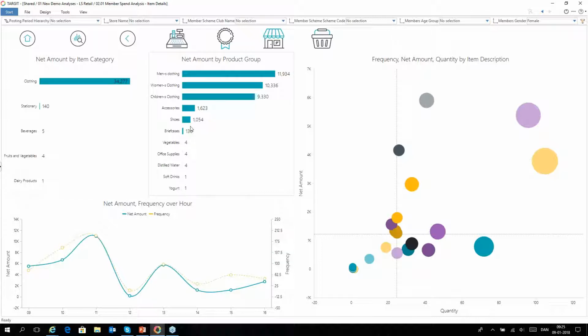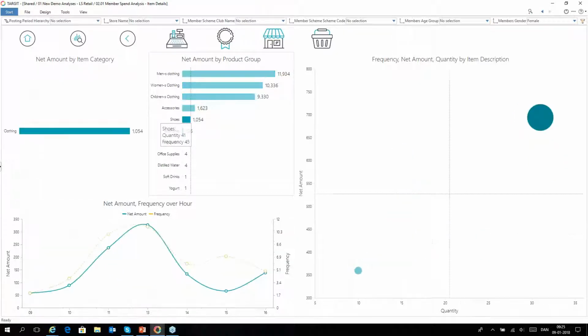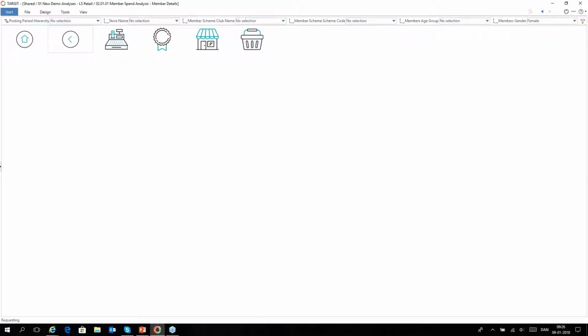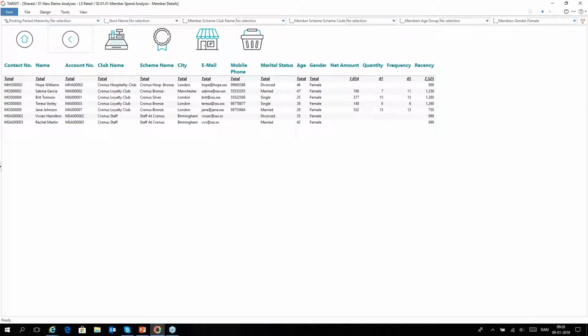I can see, okay, the shoes our female members are purchasing, what kind of shoes is that? And just by hovering over with the mouse, I get this explanation on which products. If I want to know specifically more about the members, I can go a level further down, and then I get the full list of the members who actually purchased those products, the name, email account, etc. And this is a way that you can do some marketing on them as well, but also get some general understanding